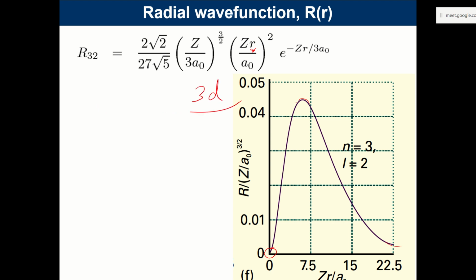So we have seen 2p, 3p and 3D all have zero amplitude at the nucleus. They start from 0, and then they rise, and then, depending on n and L values, they will have nodes. If there is a node, then you definitely know that the sign changes from positive to negative and negative to positive. If there is no node, then there is no change in the sign of the wave function; it will just decay to 0 from one side. So that's how